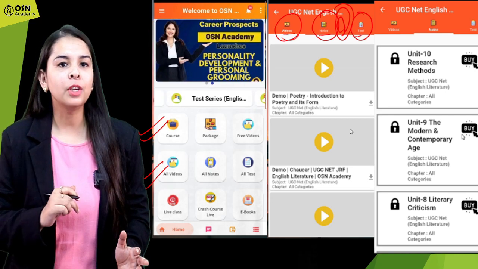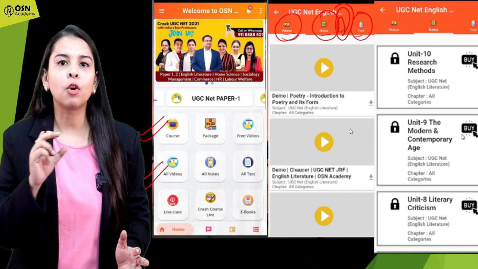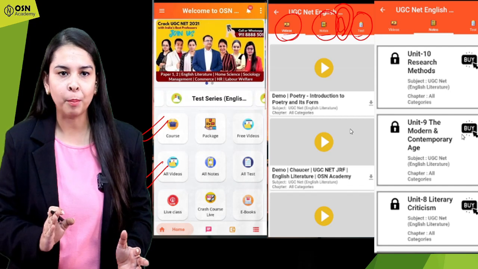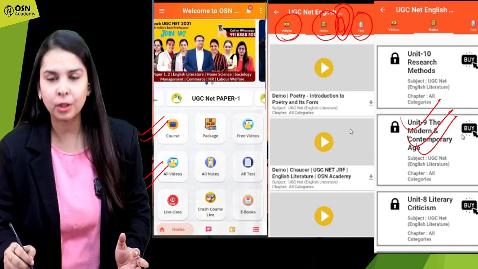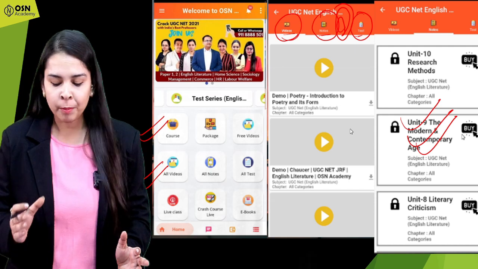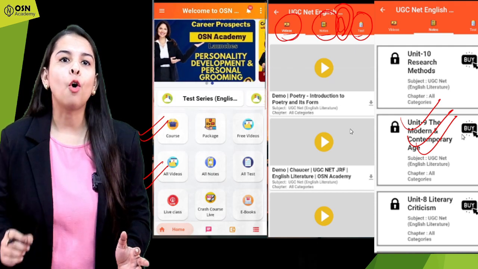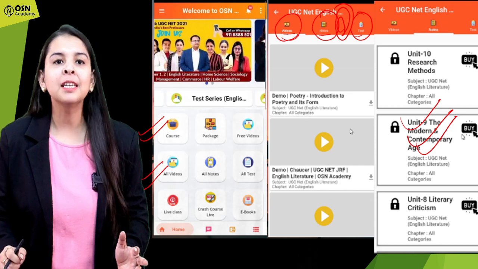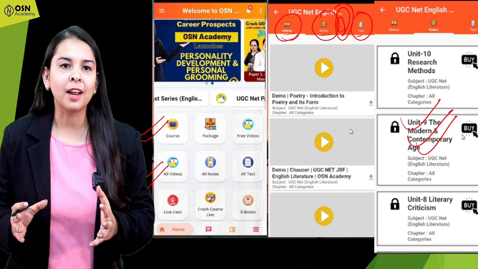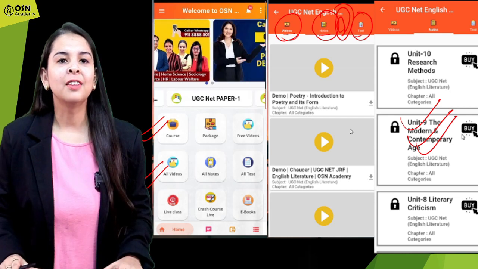If you click on videos, these videos according to the topic will appear. If you click on notes, this third window that I have shown here will open, which will provide you with all the notes of the related subject. And if you click on the test button, then the related test regarding your subject will appear on the screen.